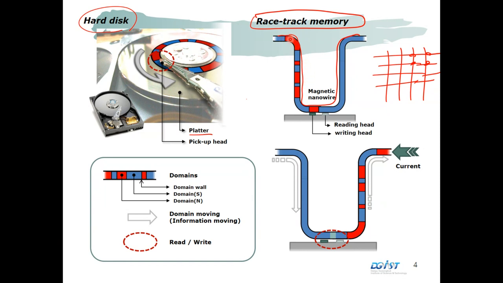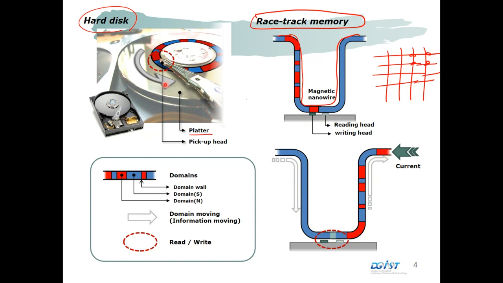then we can store the information. The blue and red ones mean the different domains. And we can say this is 11110001001111, something like that. And if we make some reading head and writing head at one point, and then by sending the current or electrons, we can move this stored information, something like this. The reading and writing operation occurs at one side, but the stored information can be moved, something like this hard